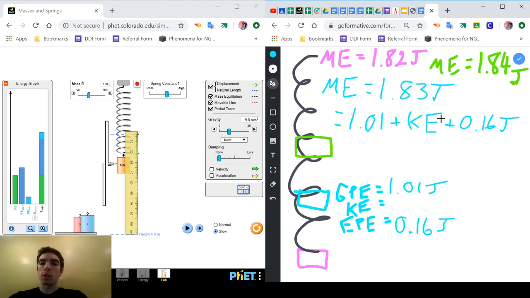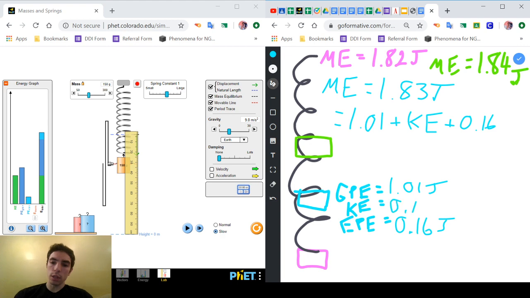And so if I'm going to solve for this kinetic energy, I need to subtract these two energies from both sides, and that'll get me whatever this missing kinetic energy is. So to get this kinetic energy, I'm doing in my calculator 1.83 for our total mechanical energy minus the pieces we know. So minus 1.01 minus 0.16,